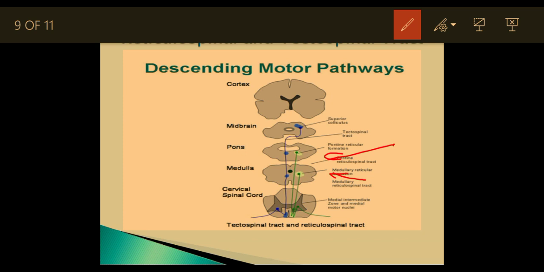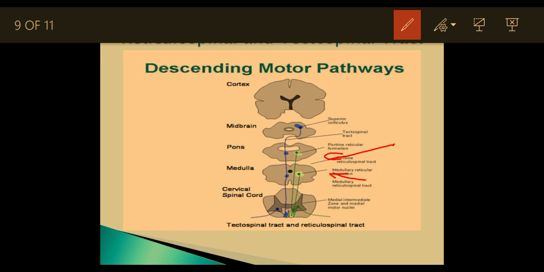Both these nuclei, originating from the pontine level and the medullary level, are concerned with control of movement, maintenance of muscle tone, respiration and diameter of the blood vessel, but their functions are opposite. Their effects on blood vessels, respiration, muscle tone and the regulation of movements are opposite to each other. For example, for the control of voluntary and reflex movement, the pontine action is to facilitate the voluntary and reflex movement, while the medullary reticular fibers inhibit this movement.